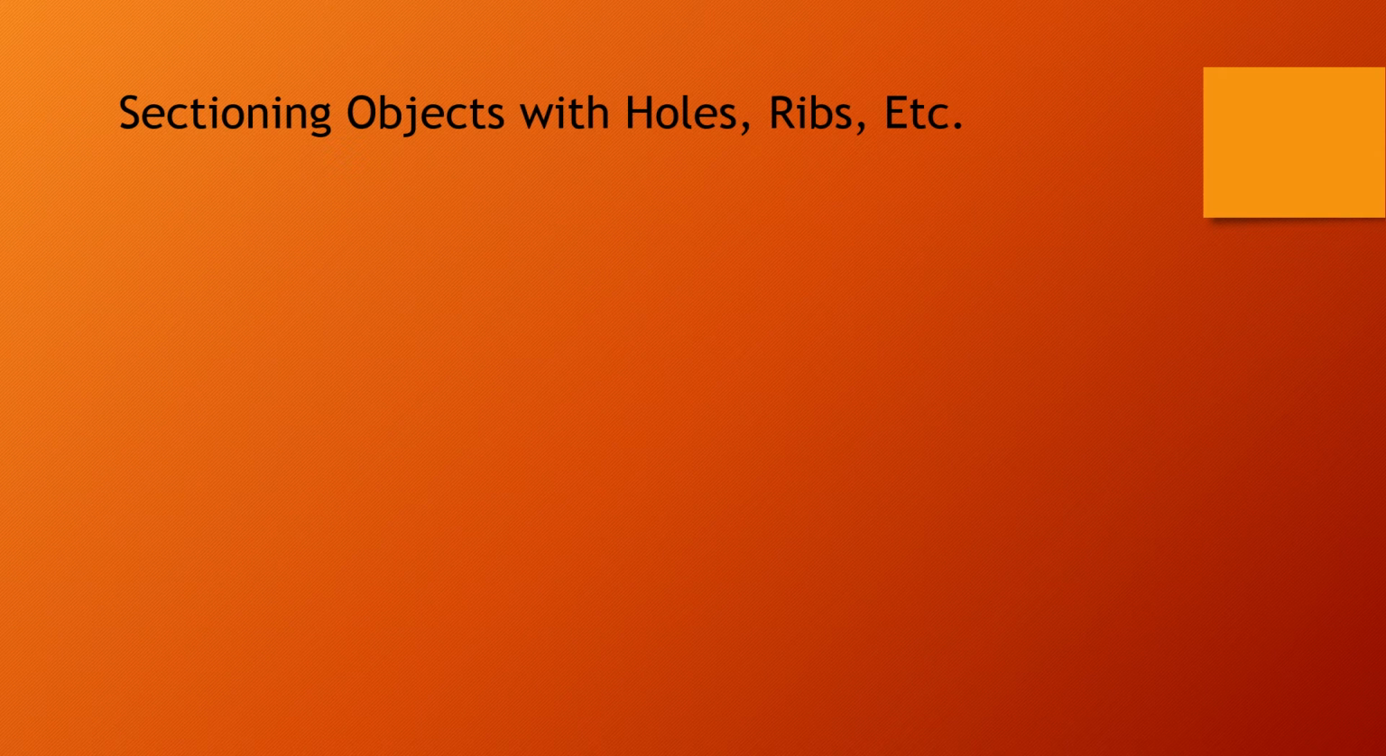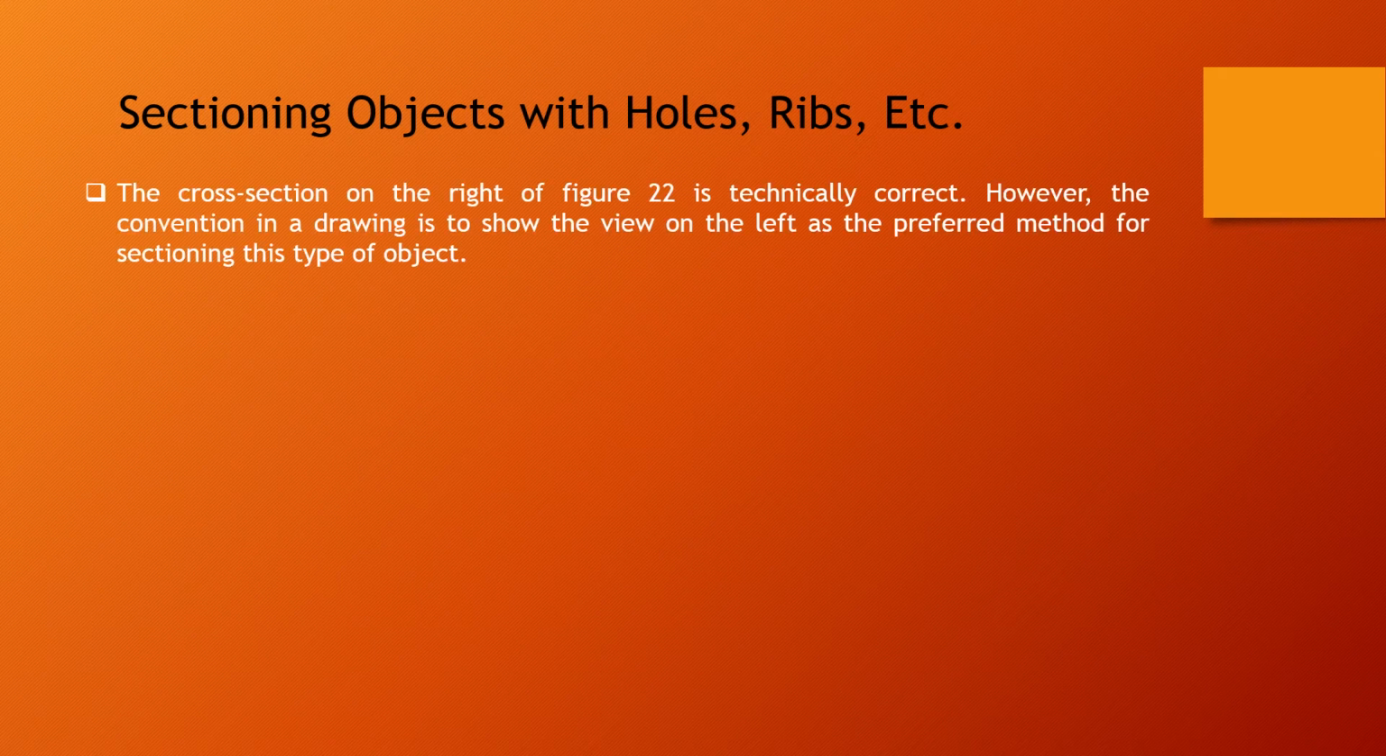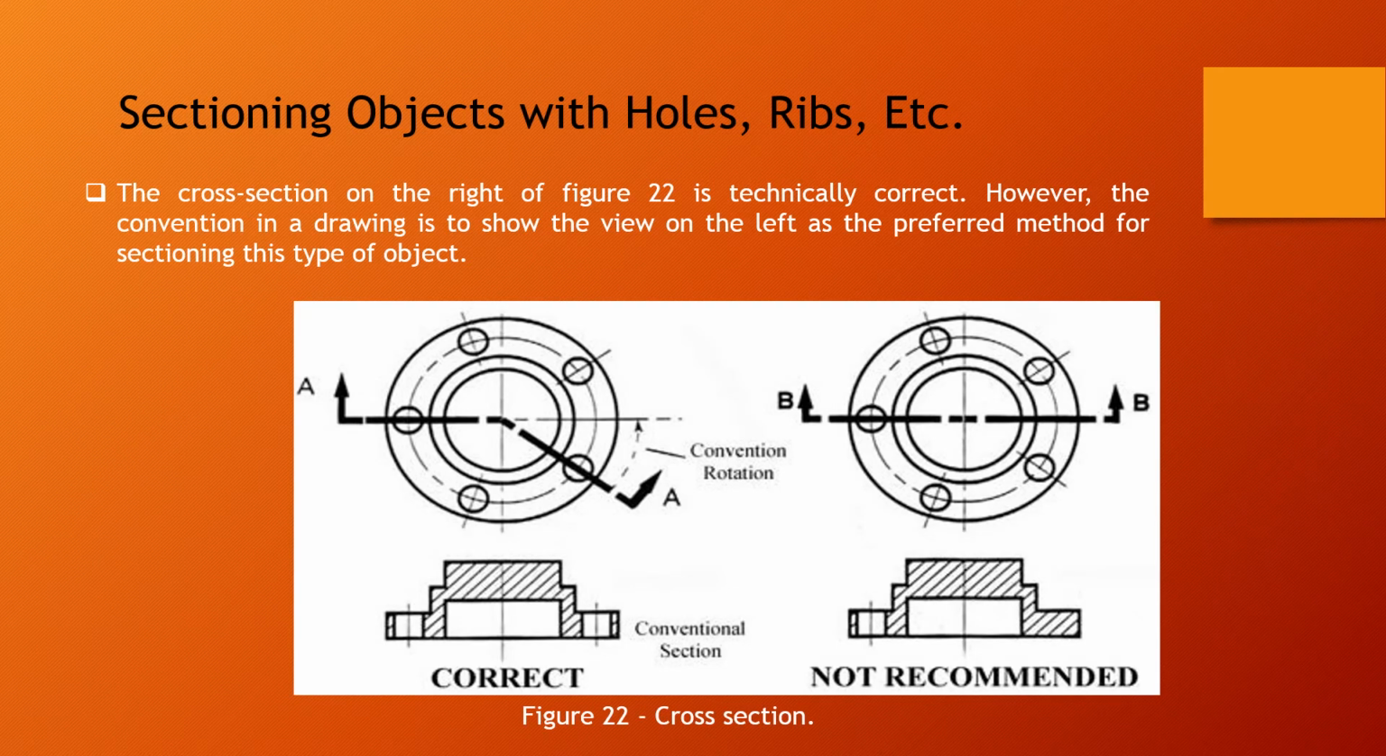Sketching an object with a hole, rivets, and so on. The cross section on the right of figure 22 is technically correct. However, the convention in a drawing is to show the view on the left. You can see it, the view on the left. This one is correct